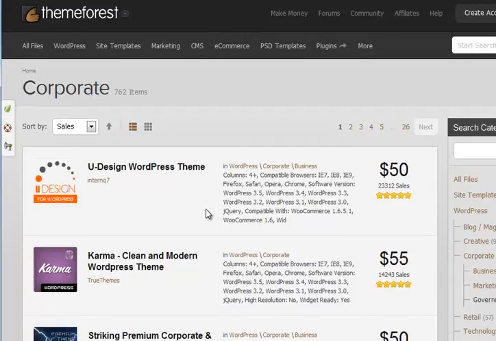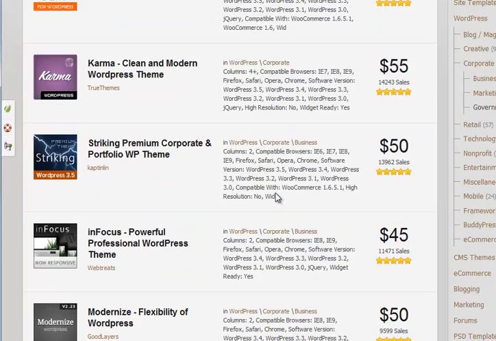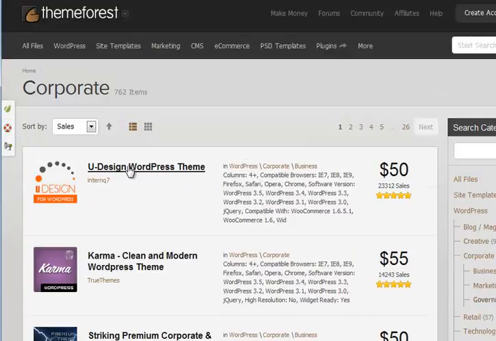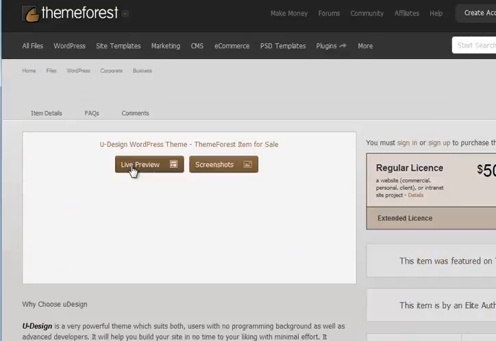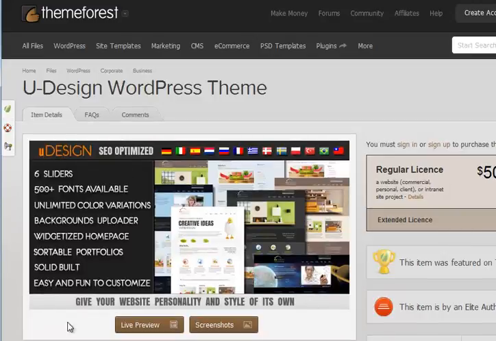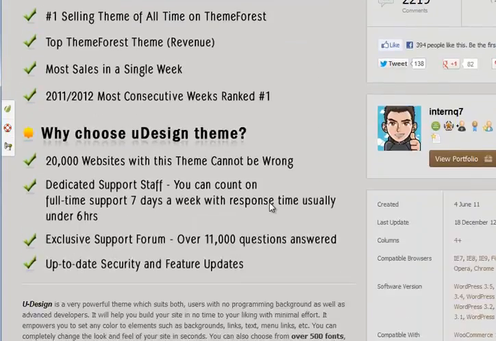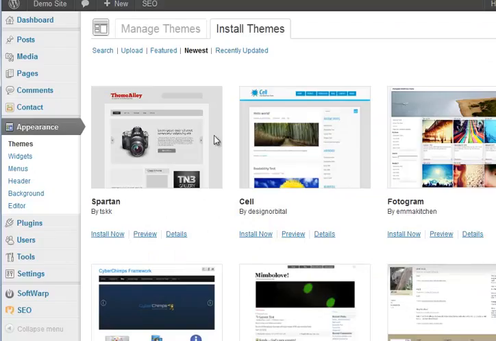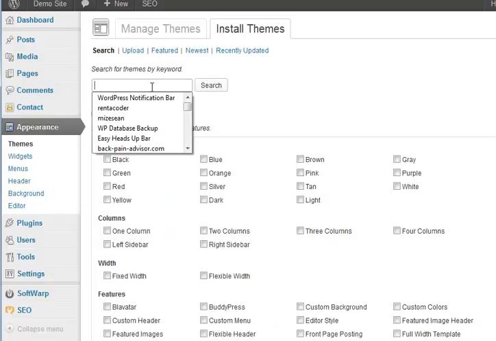So you find the site designs that have sold well, and they're roughly $50 at Theme Forest. They're not much different. Some are $45, some are $40, but most are $50, $55. And then you can preview that and see why other people like it. And you've got screenshots, live previews, all sorts of things, and a sales pitch on what it does. So if you're stuck for a theme, Theme Forest is a good place to start if you can't find one in the default themes, but there are loads of those. And again, if we go for a search, one word I often just type in is premium,